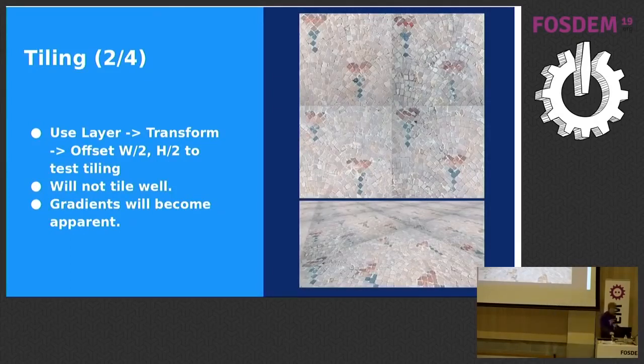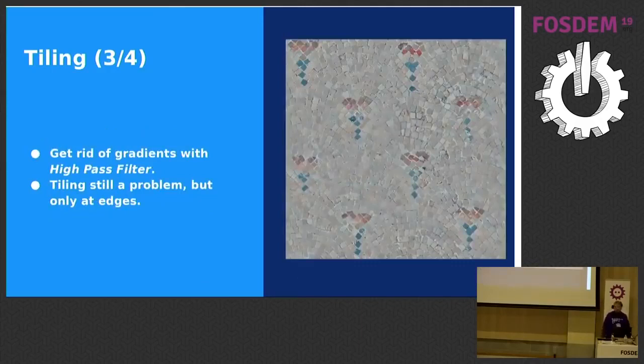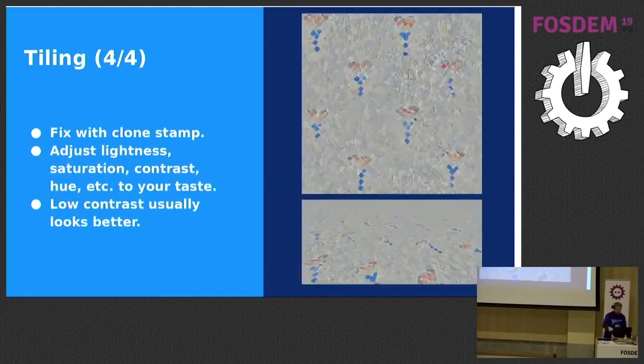It makes the tile pretty bad. So to get rid of the gradient, you can use a high pass filter. This was added in Gimp 2.10. You use a high pass filter effect, and then it removes low frequencies, so all gradients go away and it just stays pretty flat. You can see here, if you look in detail at the center cross, it's still not matching very well, but it's much better for tiling because the gradients are gone. So to fix the tiling, you just use the clone tool a bit and fix it. That's an easy way to do it, the most common one.